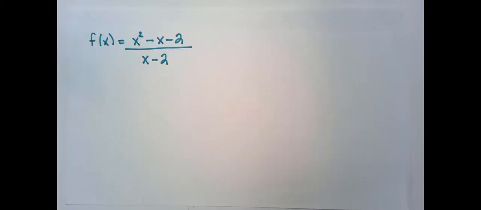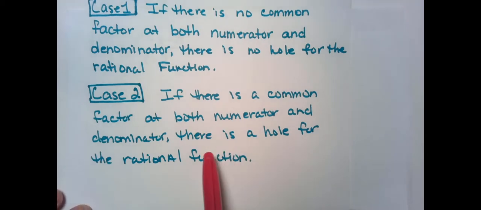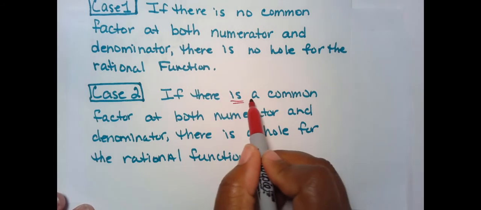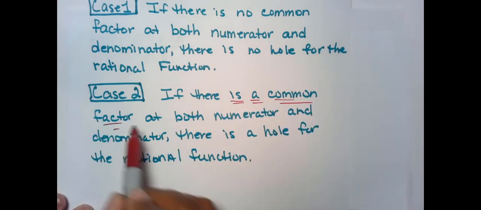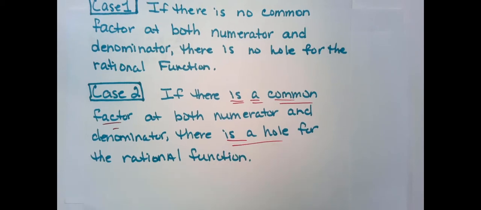So let's look at case 2. We have f of x is equal to x squared minus x minus 2 all over x minus 2. So case 2, go back to what was noted at the beginning. If there is a common factor at both numerator and denominator,